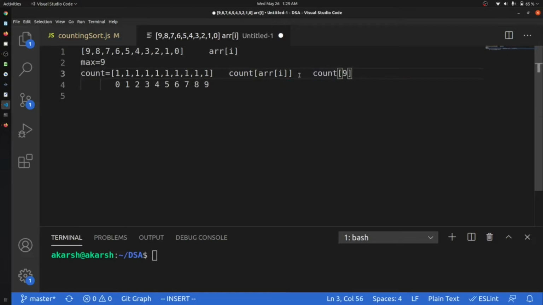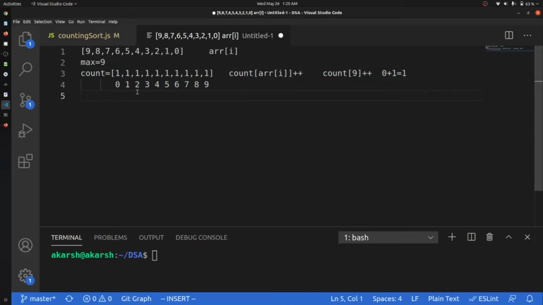And after that we'll just increase this value by 1. So it will be count at 9 plus plus, and count at 9 is 0, so plus 1 is equal to 1. So index 9 in count will become 1. Okay, so we have done something like this.